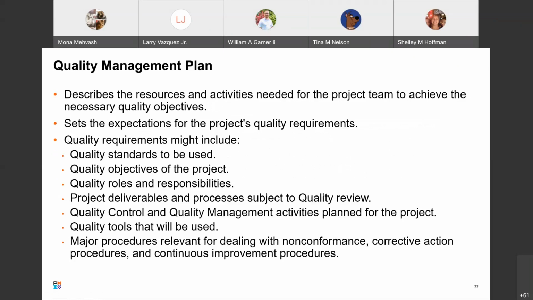Some things that are in this quality management plan include the quality standards to be used, quality objectives, quality roles and responsibilities, project deliverables and processes subject to quality review, the quality control and quality management activities planned for the project, quality tools, and the major procedures relevant for dealing with non-conformance, corrective action procedures, and continuous improvement procedures.